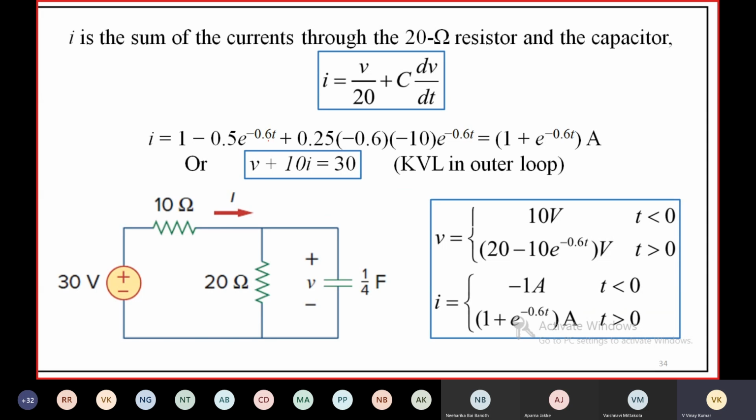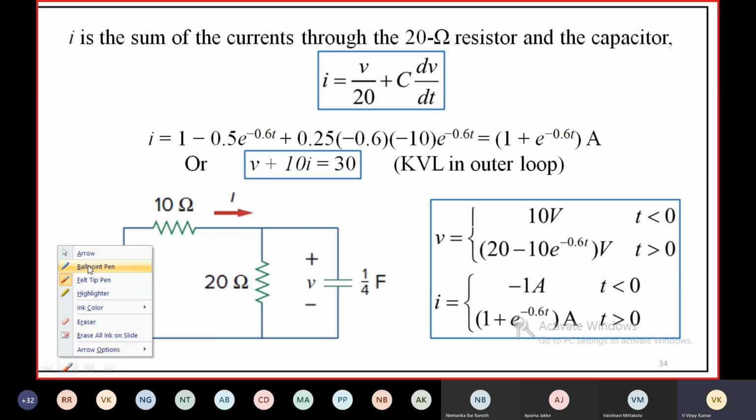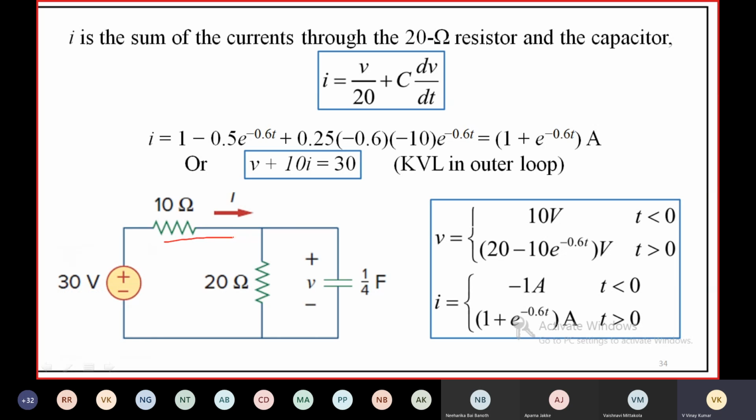Now you have to find the value of I. We got the value of voltage across the capacitor. Apply KCL at this node and you will get this equation. After getting this equation, you can find I also. V is equal to 10 volts for t less than 0, because at t is equal to 0 minus the voltage is 10 volts. For t greater than 0, this is the voltage. For t less than 0, I is minus 1 amp. For t greater than 0, it is